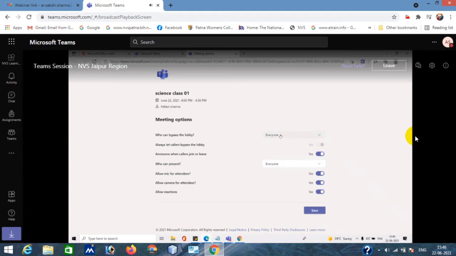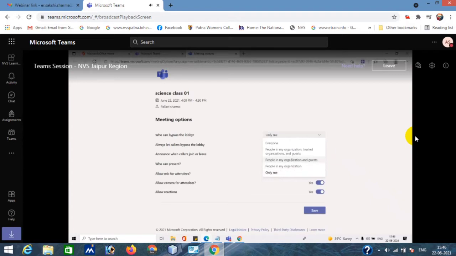So this way, let's suppose this is our meeting where we have selected everyone, so that's why all the people have joined without our permission. But if I select only me, then every person who is going to join this meeting needs to take my permission, right? So for safety or security, you can make this only me, so that a student has to take your permission. Once they enter the meeting, you have to permit the student, and then the student can move into the meeting.